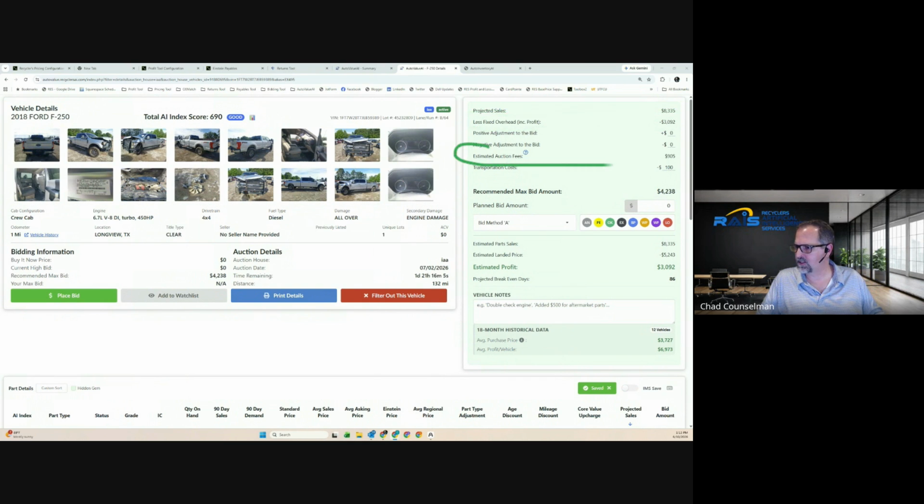Next, we've got estimated auction fees. We're subtracting out what we think the auction fee will be based on your settings of how you configure it. If you're a high volume buyer, if you live bid or pre-bid, those different fees are a little bit different based on how you configure that. And so I'll show you that in the settings also. Transportation cost is also a configurable number for whichever auction that you are buying from. In this example here,